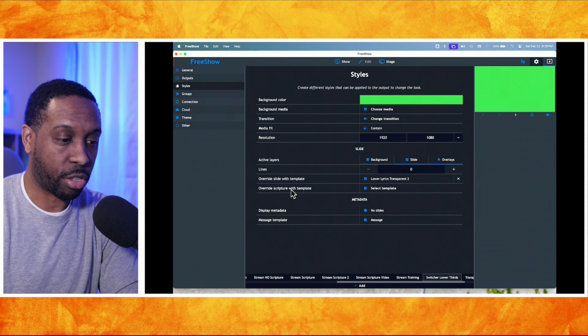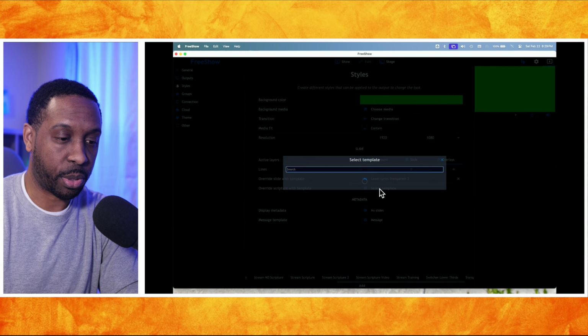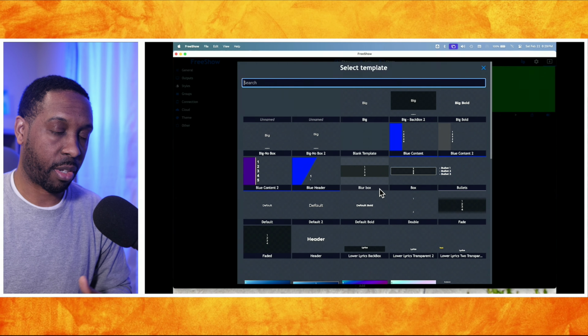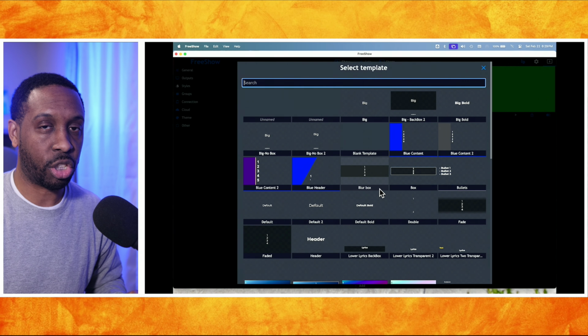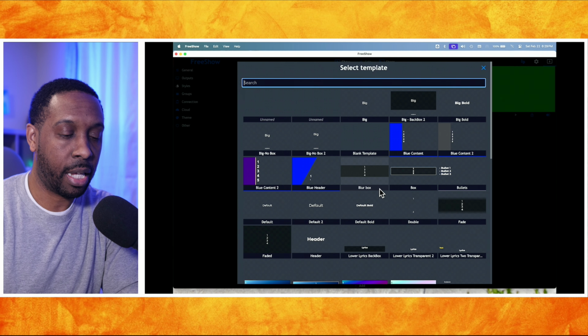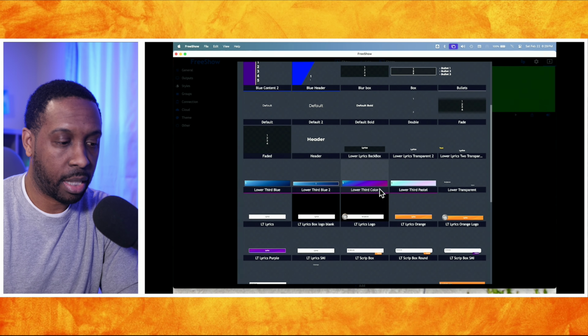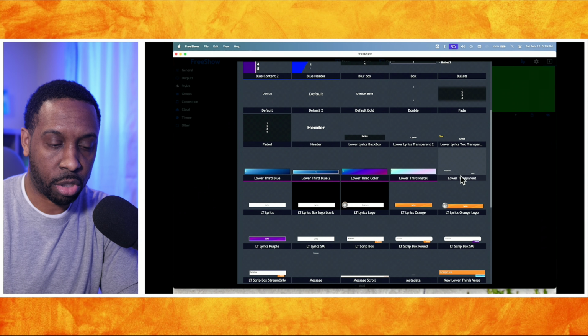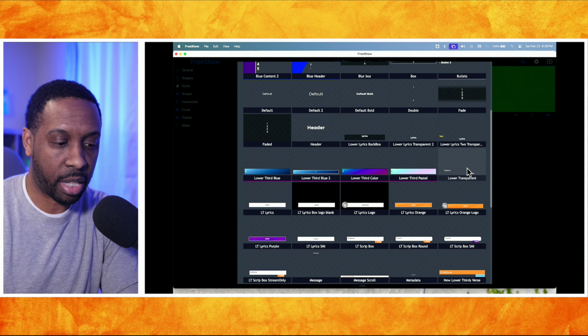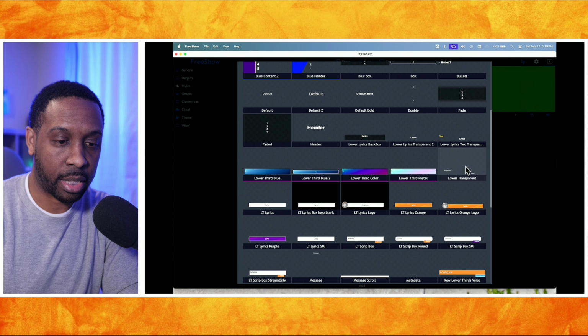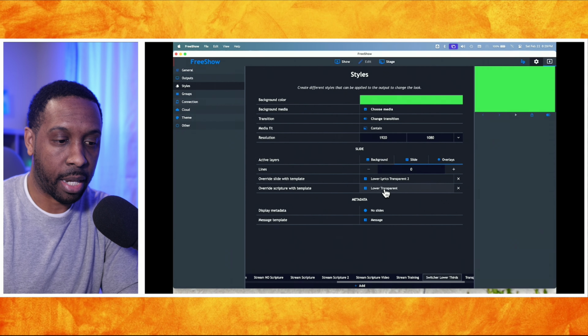And then we got the override scripture with template as well. So we're going to override our scripture. So whenever we put up a scripture in FreeShow, we want it to be overwritten to show just the lower thirds with white text as well. So I'm going to scroll down to where I can see something that shows this is lower transparent, and this is a scripture because I've got it with the little scripture reference there, and I've made that one as well as a template. So I can click on that, and now I've got lower transparent and lower transparent 2,